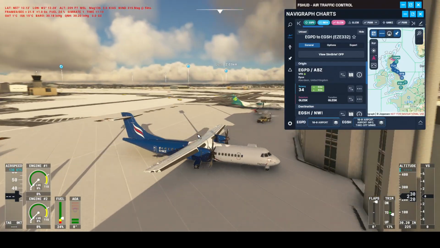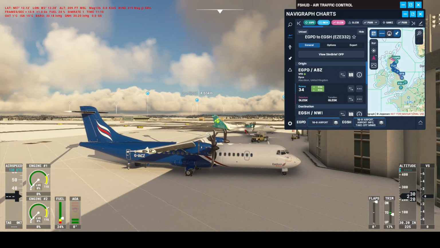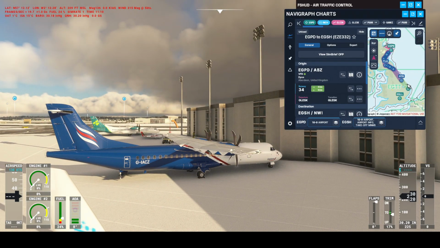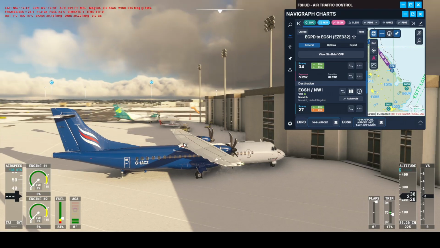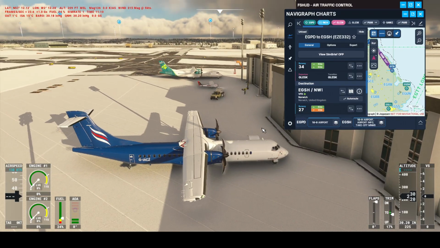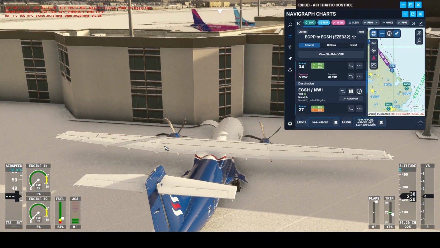Here we are, we're doing one final flight with the Eastern Airways ATR. We're going to do what you could call a repositioning flight down to Norwich. They did do flights from Aberdeen down to Norwich, but for this purpose, it appears there's a storage facility and mechanic base down there, so we're going to do a pretend repositioning flight down to